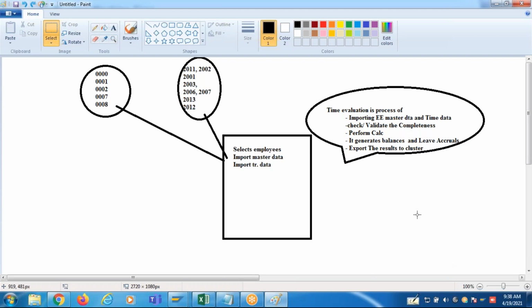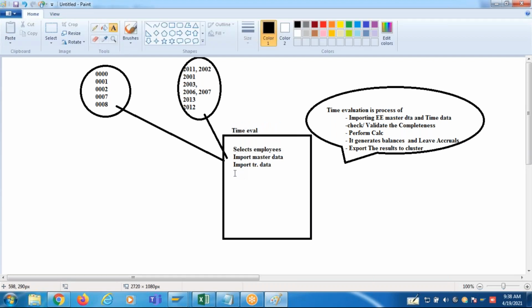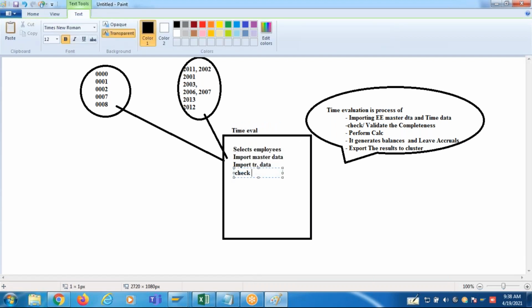Now, as I said, all this will be calculated in the time evaluation, guys. So it imports the data, it performs validation, checks and validates the data, and applies calculations on the data.